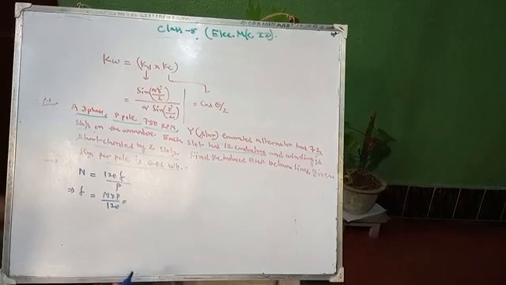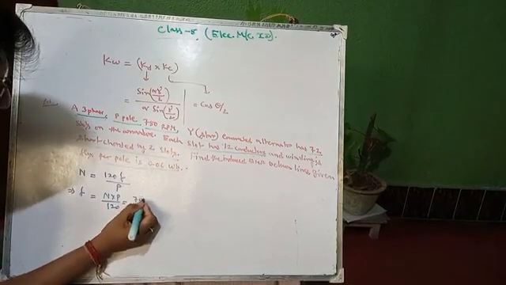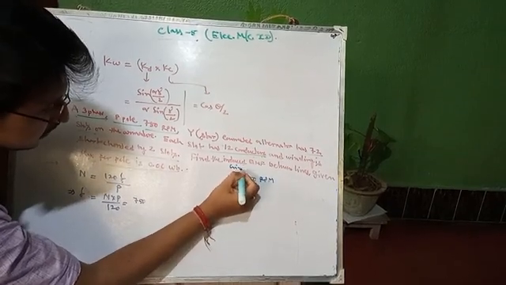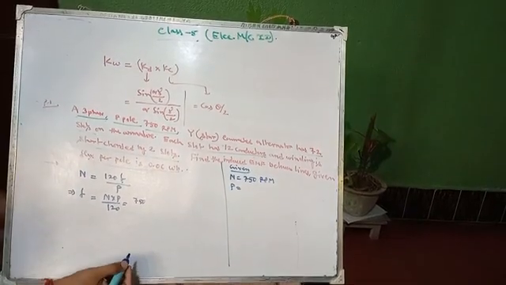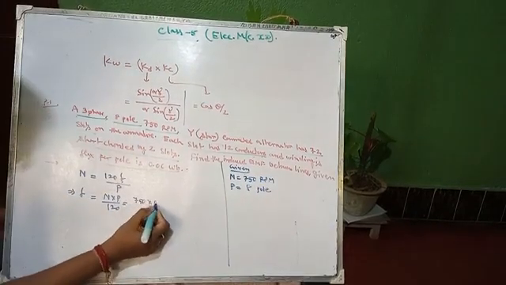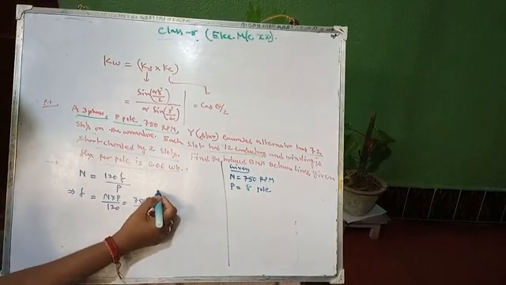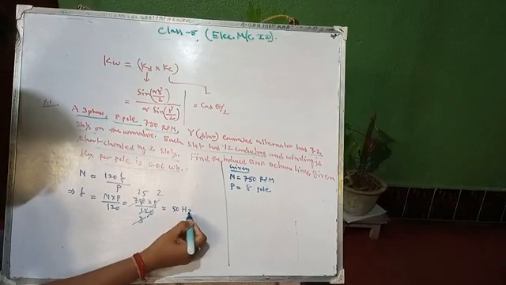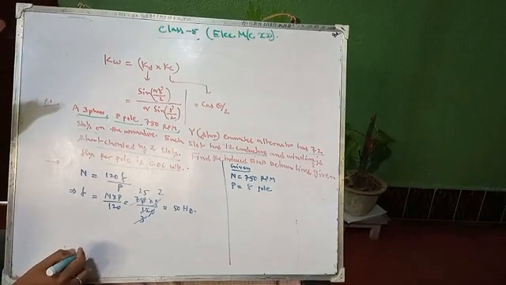For this case, what is N? The speed N is 750 rpm. These are given data. P equals the number of poles, so there are 8 poles, P equals 8, and divided by 120. By calculating, you can find that the zero cancels out, and you get 25 into 2, which is 50 hertz. So the frequency f equals 50 hertz. So you can get the frequency first.